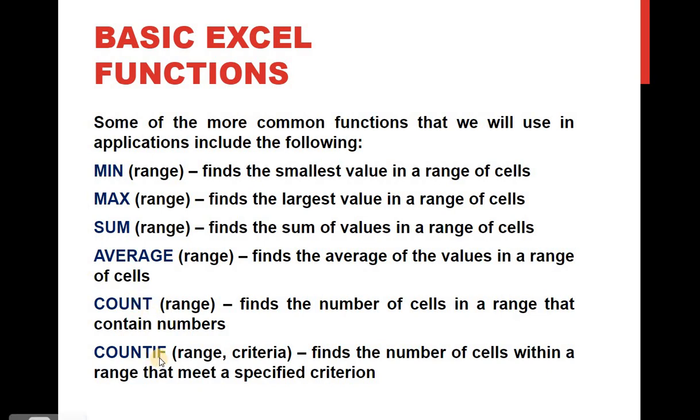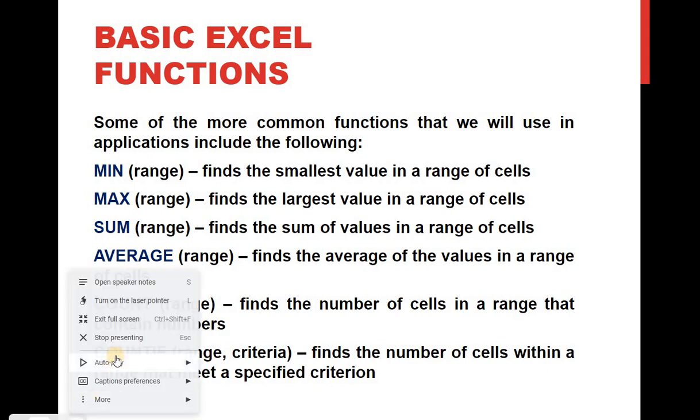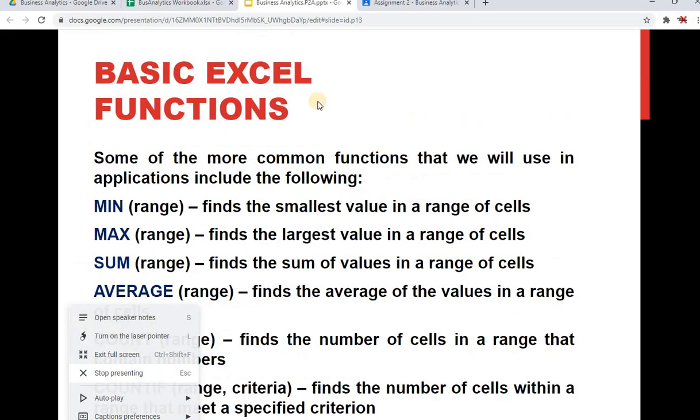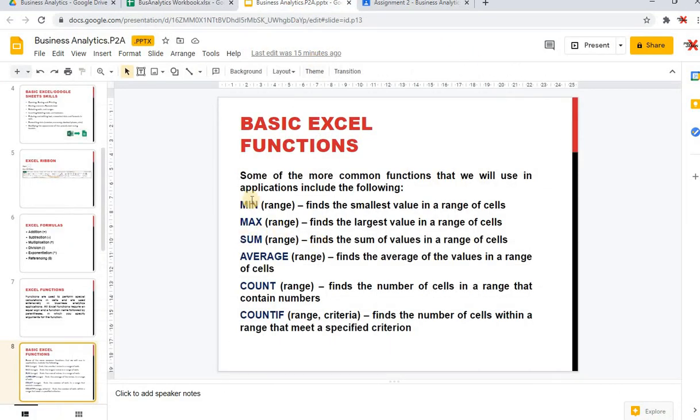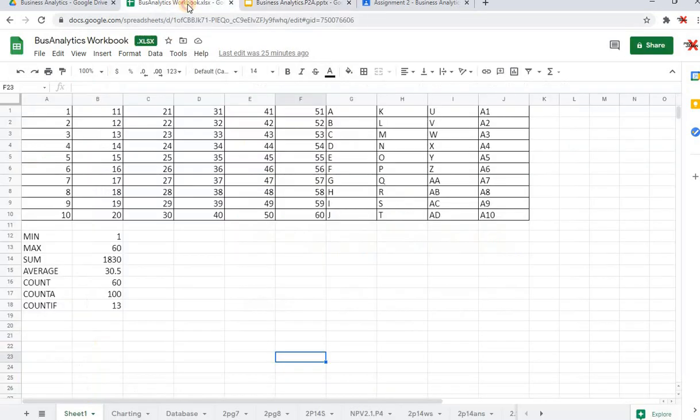So let's go back to our Google Sheet. Okay, so we can start applying the things that we have mentioned here: minimum, maximum, sum, average, count, and Countif. Actually, there's still count. I was not able to include it in the slides, but let's look at it one